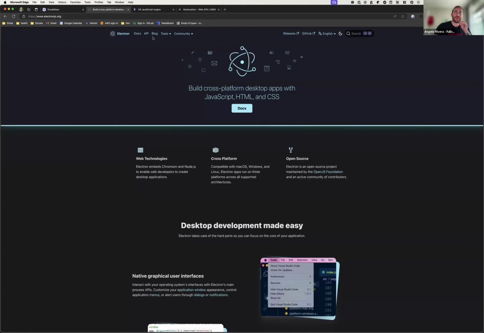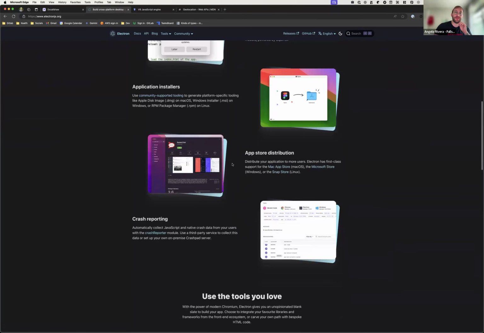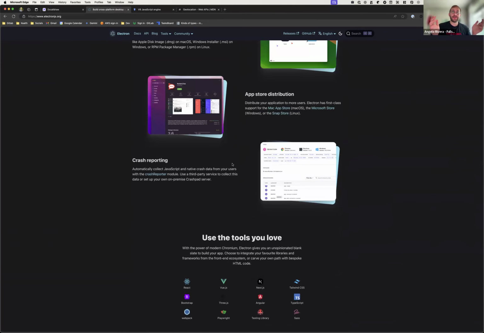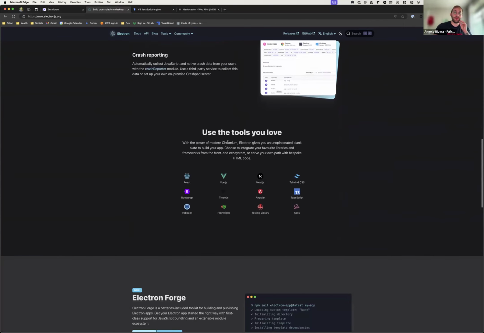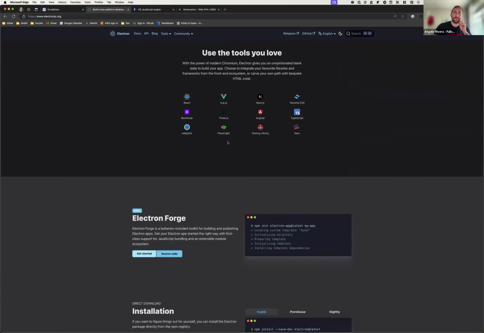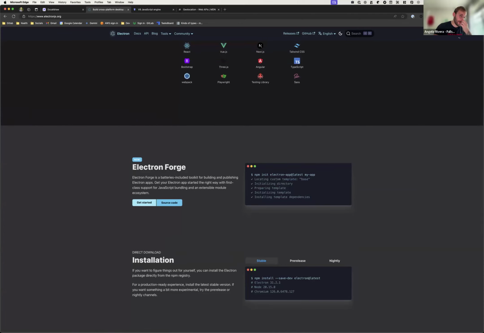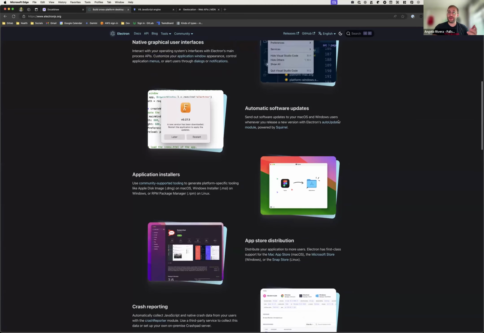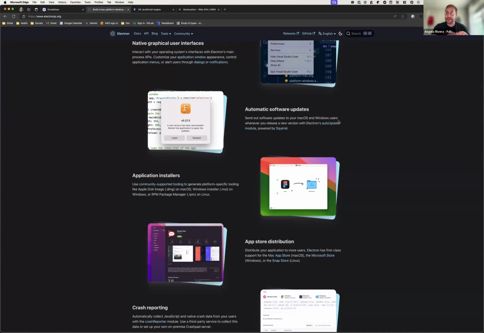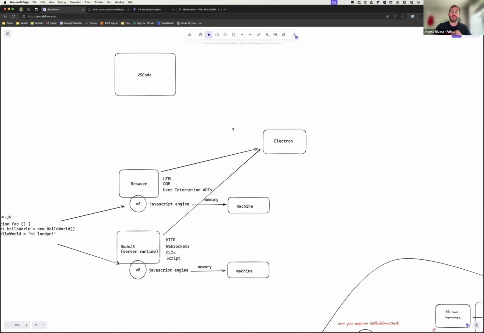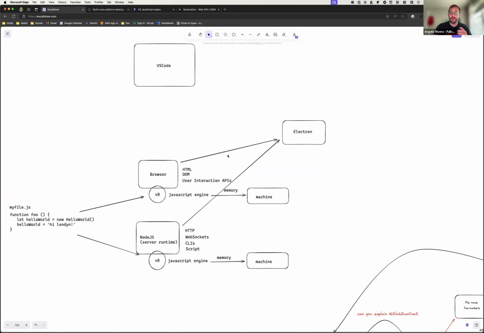I'm sure there's a showcase here of famous Electron apps. A great example would be Spotify. If you ever pull up Spotify on your computer and it has a desktop app, and then you go to the Spotify website, it looks basically the same. It's most likely because it's written in Electron and it's sharing a lot of that same JavaScript code,